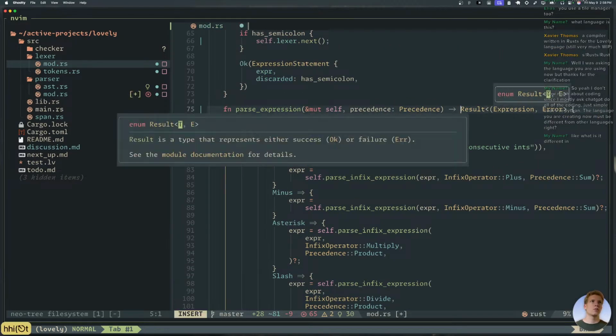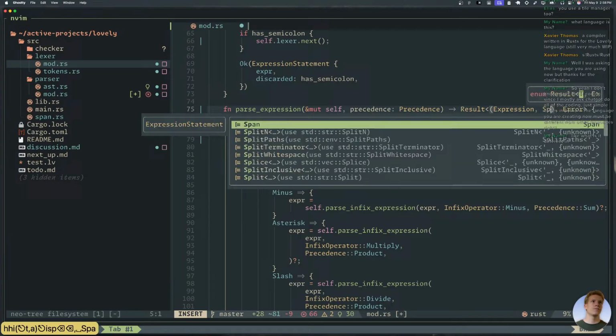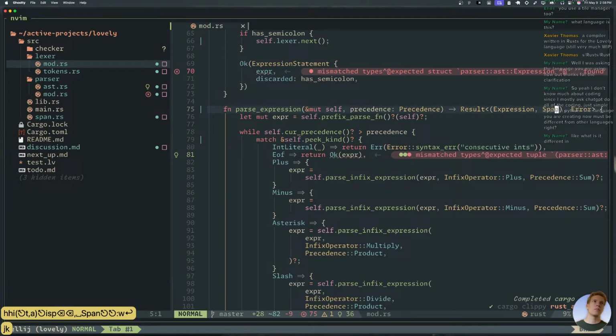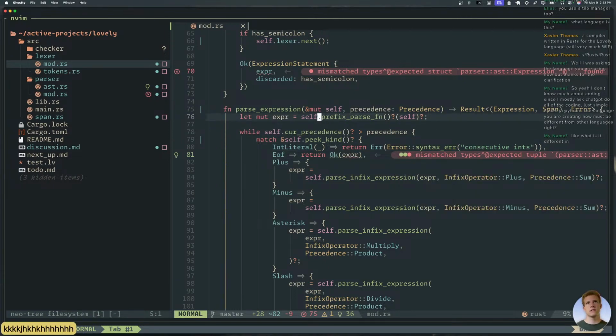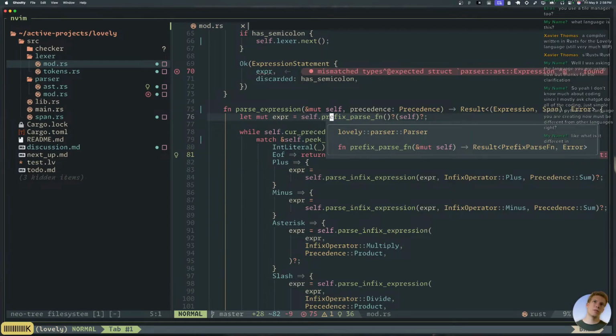Okay, I need to return an expression and a span. We know that much. These things need to return an expression.